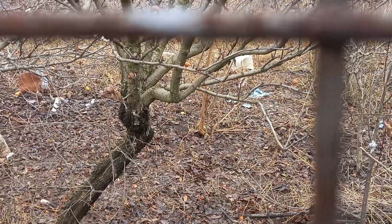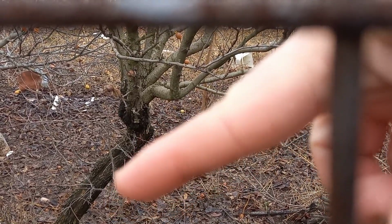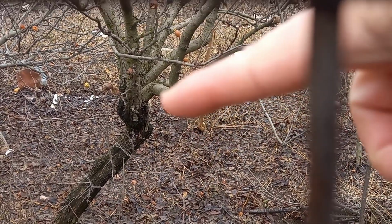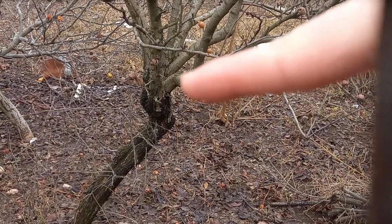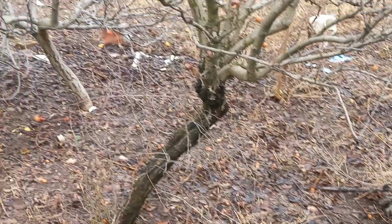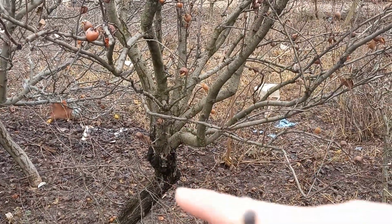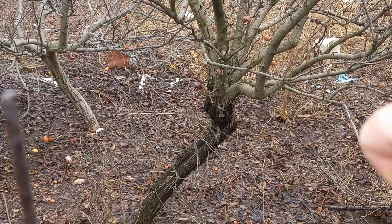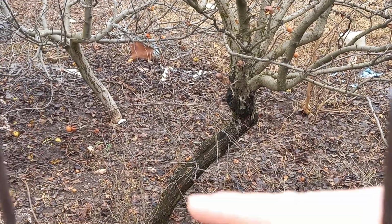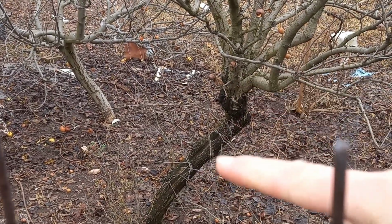Let me turn the camera around and I'll show you the actual grafting. So you can see here this slanted piece of stem is the original hawthorn rootstock, and up here it was cleft grafted some years ago, and it grew several branches. So all this upwards is the medlar, and downwards is the hawthorn. And if you look closely, you can see those branches with thorns on them. This is the original rootstock sprouting new growth from below. And this should be, of course, trimmed at any time, but upwards,